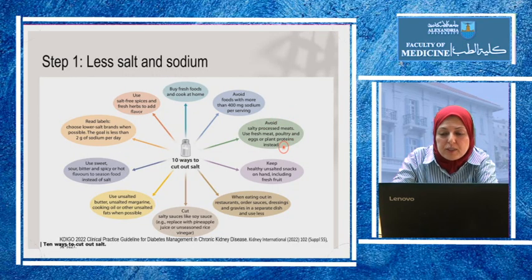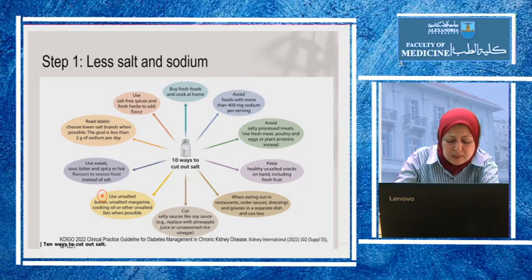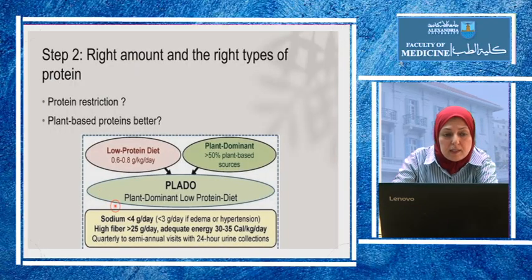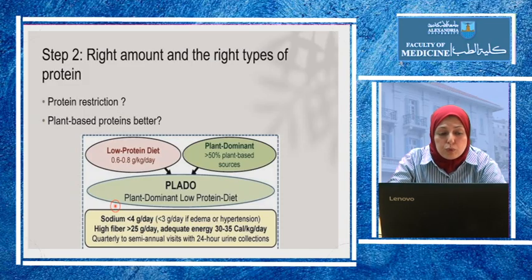And choose fresh meat, poultry, eggs, and plant proteins instead, to minimize prepared foods like fast food, to minimize salty sauces, to minimize eating in restaurants, and to also use other spices like sour, bitter, and spicy if they can tolerate it as alternatives to salt. Eating the right amount and right types of protein is also controversial.